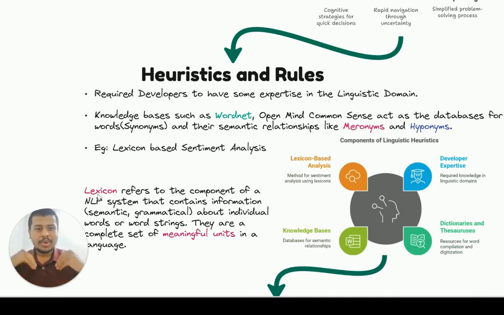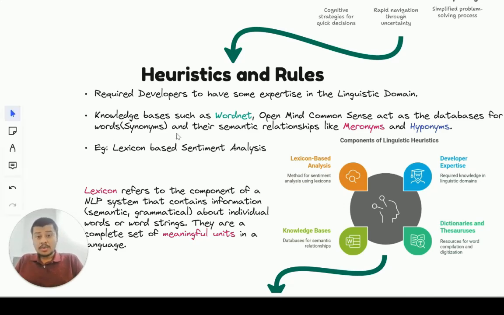Instead of doing that, we're using a shortcut here. That is the heuristics, right? So we are directly getting the number of positive words and the number of negative words and then comparing those. And with that comparison, we're getting to know whether this particular document is positive or negative. So that could be your simplest heuristics and rules-based, lexicon-based sentiment analysis, right? So this is an example.